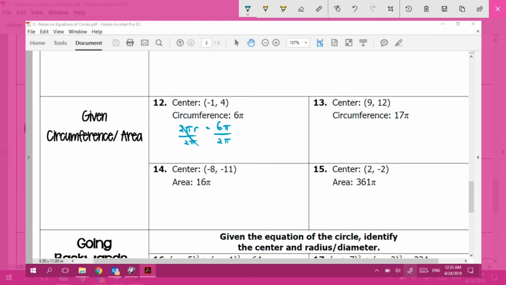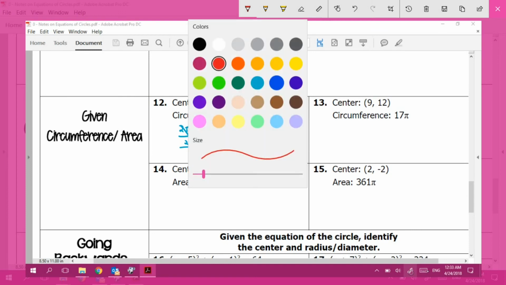That crosses that out, and then this simplifies to 3. So I found that my radius is 3 by using the circumference. Okay, so now knowing that my radius is 3, and I've got my center, -1 and 4, I'm ready to write my equation. So it's going to be, remember, x minus -1, but that becomes a +1 because you're subtracting a negative. So +1 squared